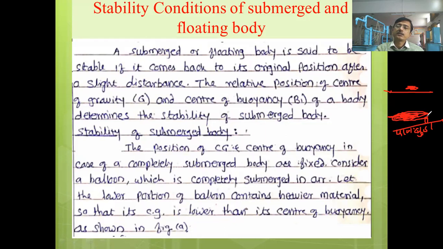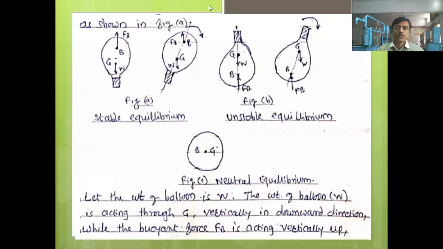Now here also we can find out this is now a completely submerged object. Now whether it is in stable equilibrium, or unstable equilibrium, or neutral equilibrium, we can find by knowing the position of B and Z. या दोन पॉइंटची पोझिशन जर आपल्याला माहित असतील तर आपण हे सांगू शकतो whether this submarine is in stable or unstable equilibrium. So now with an example of a balloon, we will understand what the stable, unstable and neutral equilibrium are. So in this diagram you can see